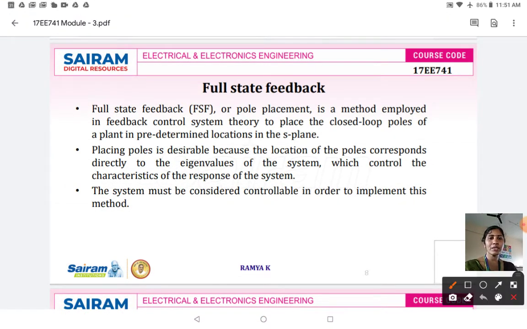The full state feedback is nothing but it is just like your pole placement technique, because the location of the pole has to be placed in case of your pole placement technique to maintain the stability of the system. And as we discussed earlier, there are two approaches. The pole placement technique is similar to that of the root locus approach. The difference between your pole placement technique and root locus approaches is that in root locus only two dominant poles can be placed, whereas in case of pole placement technique, all the essential closed loop poles are placed at the desired locations, so that we will have a complete stability of the system.